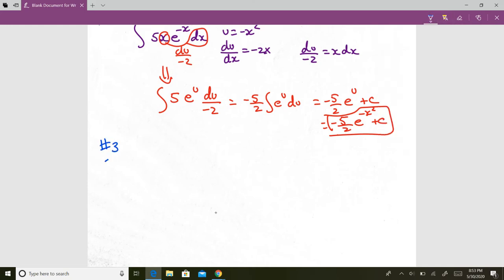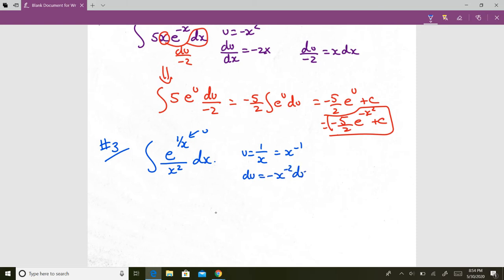Third example. e to the 1 over x squared dx. If you have an exponential e in this case, always, if you're not sure what to do, first try always make u your exponent on the e. Just see what happens. If it doesn't work out, then you can try something else. So u is equal to 1 over x, which is the same as x to the minus 1. So du is minus x to the minus 2 dx,